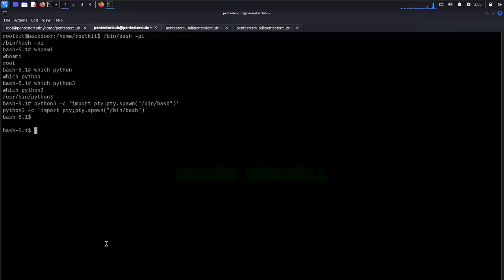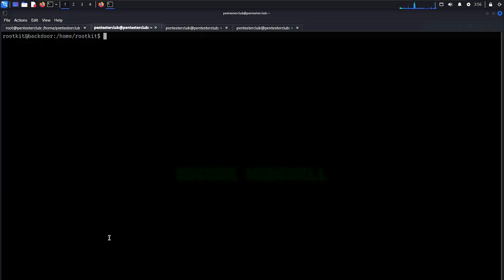It's not getting here. cd root. It's also permission denied. So you type exit. Okay, in this case, the permission is denied. We cannot get the root privilege this way. Okay, now what we do here is